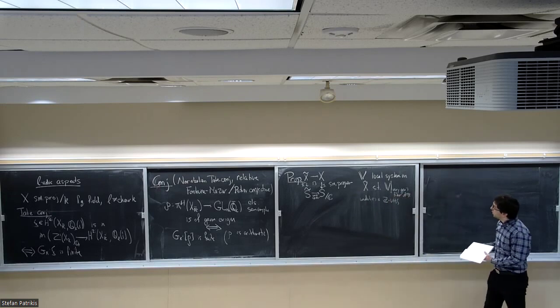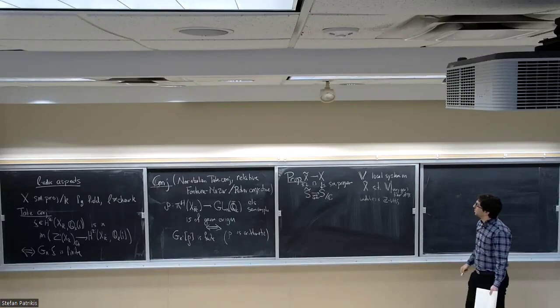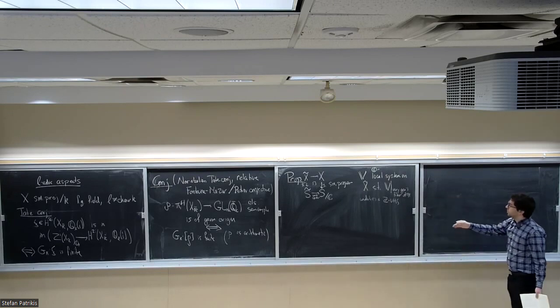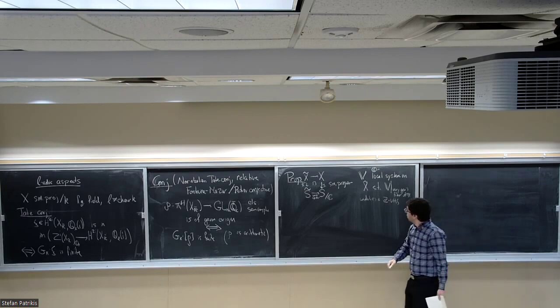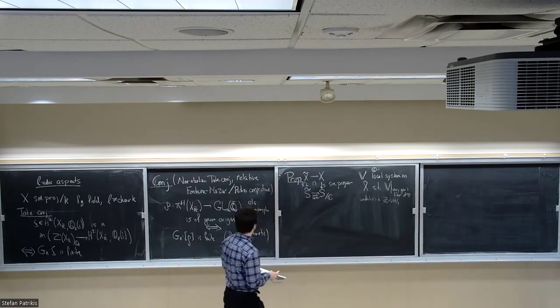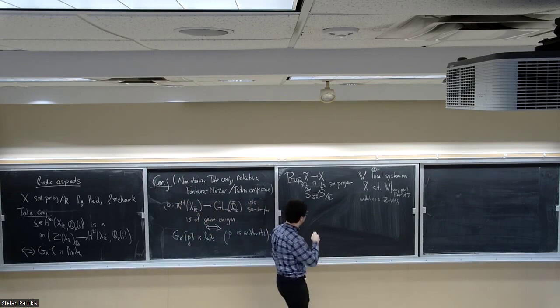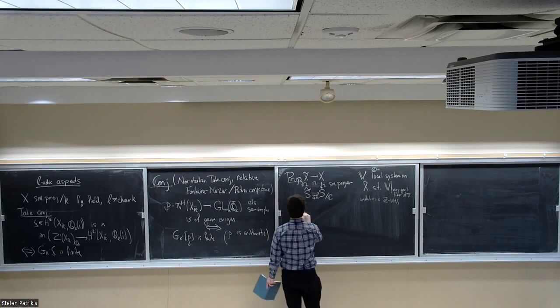Okay, so what you would expect is, if this is true, let's say V is a Q-local system, you'd expect to be able to show that V is of geometric origin, if you believe what I explained in the last talk. So we definitely can't show that. We definitely can't show that V tensor Q_l is arithmetic or anything like that, but maybe let me say what you can show. So if you take V tensor Q_l,